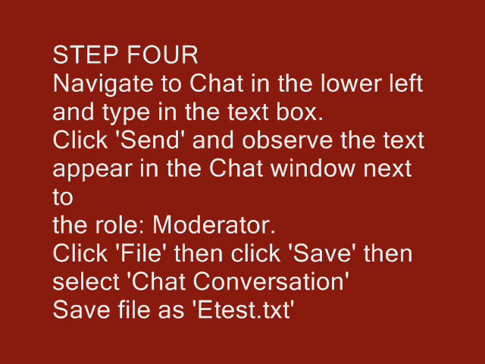Once you click send, your text jumps up into the chat window and appears next to your name or the moderator, and everyone can read it. To save the chat, click File, then Save, then click Chat Conversation. Save the file to a location such as the desktop. Name the file etext.txt